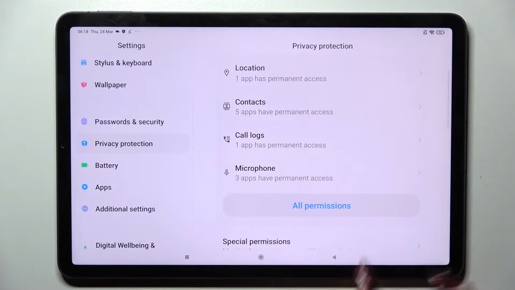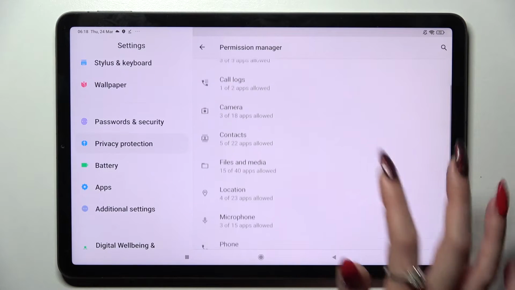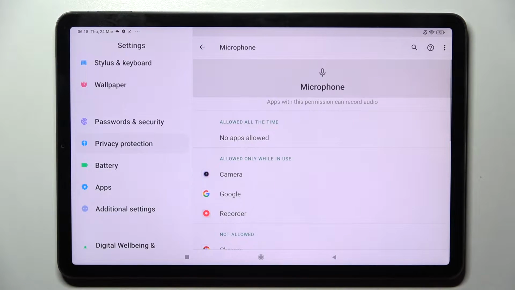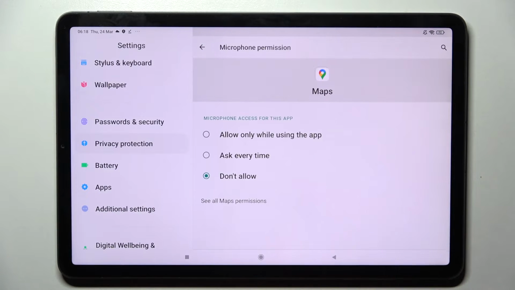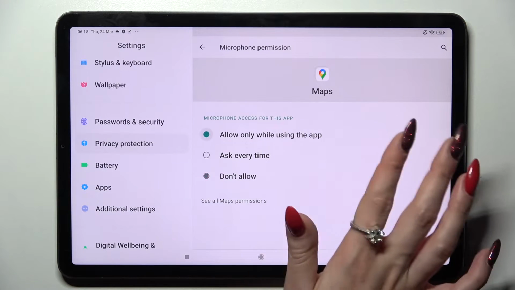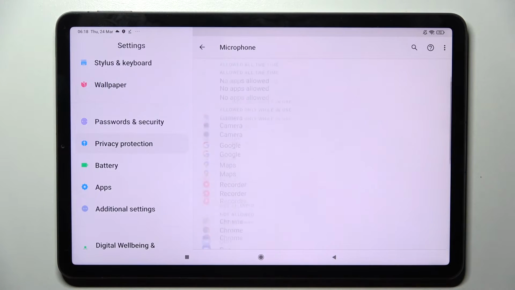Then click on All Permissions and pick one of your phone's features, like location or microphone. Then select one of those apps like Maps and pick one of those options. Allow only while using the app, ask every time, or don't allow. I will go with allow only while using the app, so when I go back, I can set Maps,